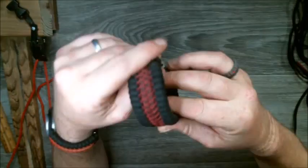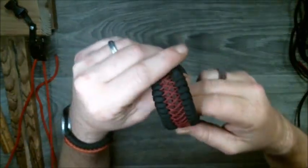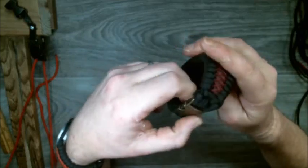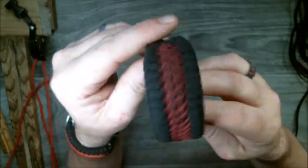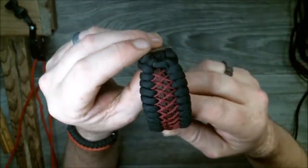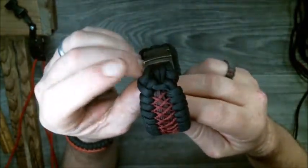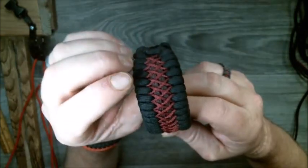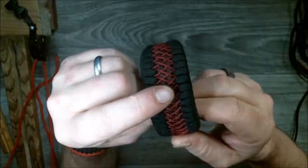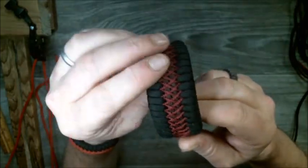This is something I've been working on. I've seen people make this, and I don't know exactly how they did it, but I came up with my own method. Now, what we've got here is an 8-strand core. I don't know what you call the stitching. I just call it crisscross stitching. It's a trilobite, but it has an accent color